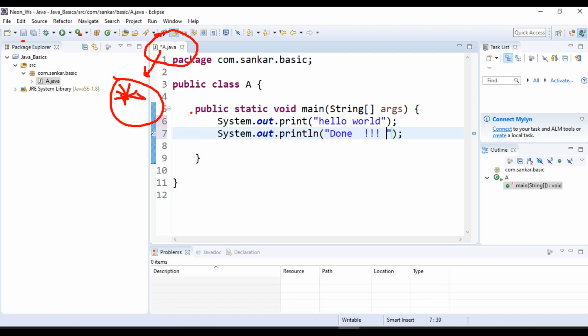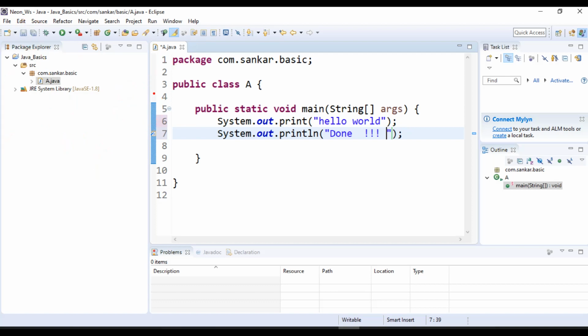Here we have an option. See, this one is the save. One more option we also have, this is save all. For example, you created 10 files and did not save them. Apart from saving one by one, you can click this one, save all, and it will save all 10 files. If you want to save a particular one, you can click the save button. Okay, so this is one option.